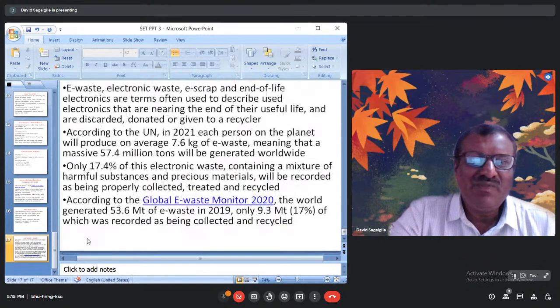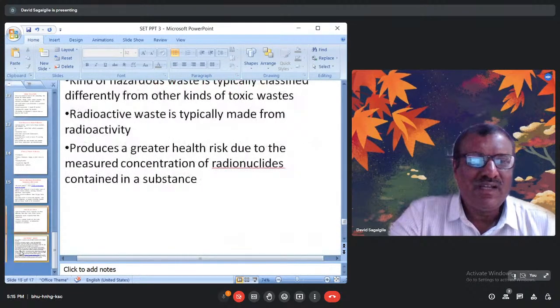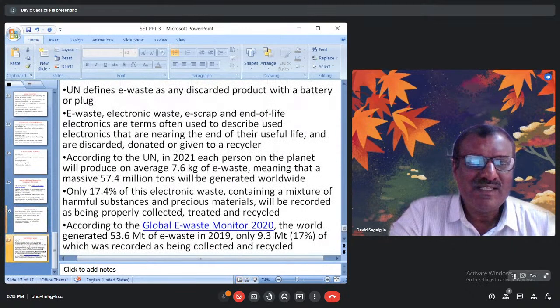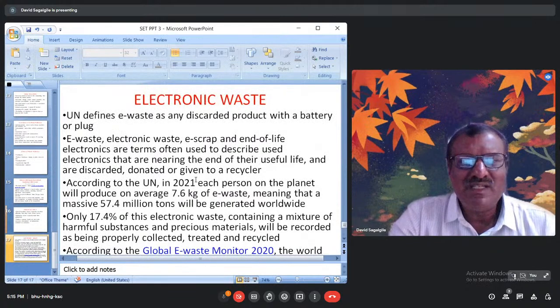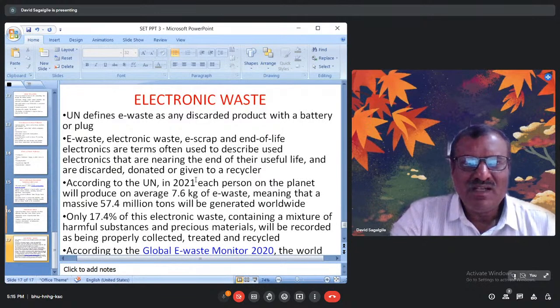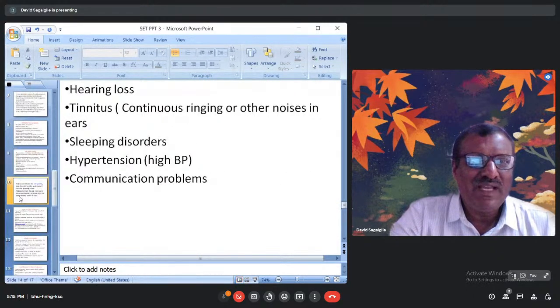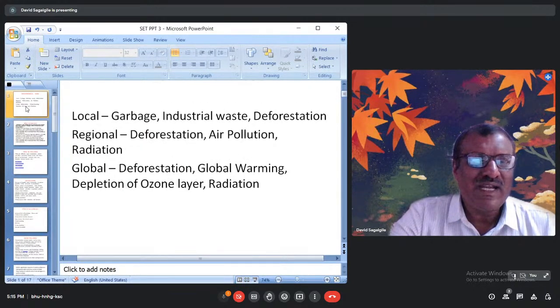And because everyone is using electronic gadgets, everyone is using some kind or the other kind of electronic device, like the mobile. Like every 2 years, 3 years, we discard the mobile and we buy a new one. Computers, laptops, and all these electronic items, they have a lifespan. After that, we throw them, or we do not use them, and because of which it creates a huge amount of waste. So today, what we have basically gone through is the different kinds of